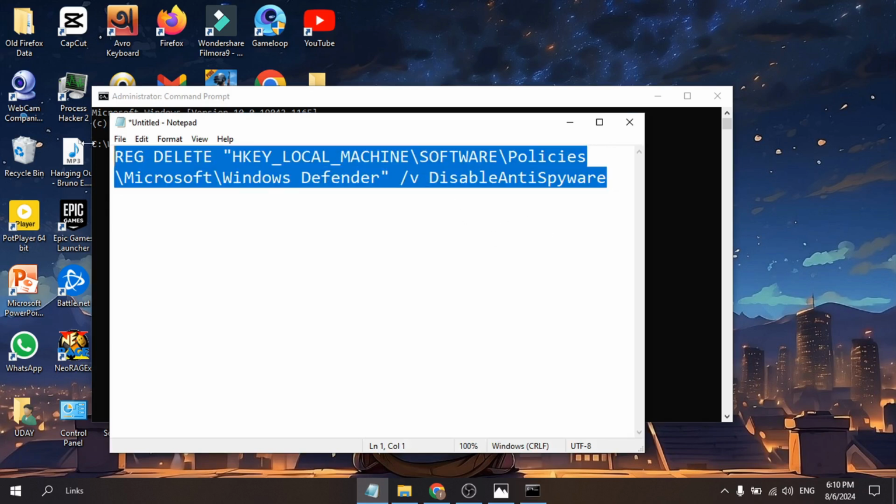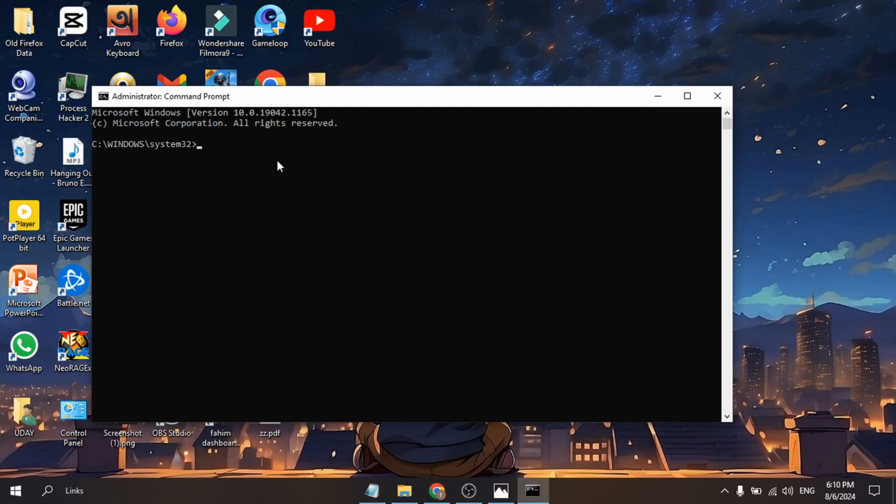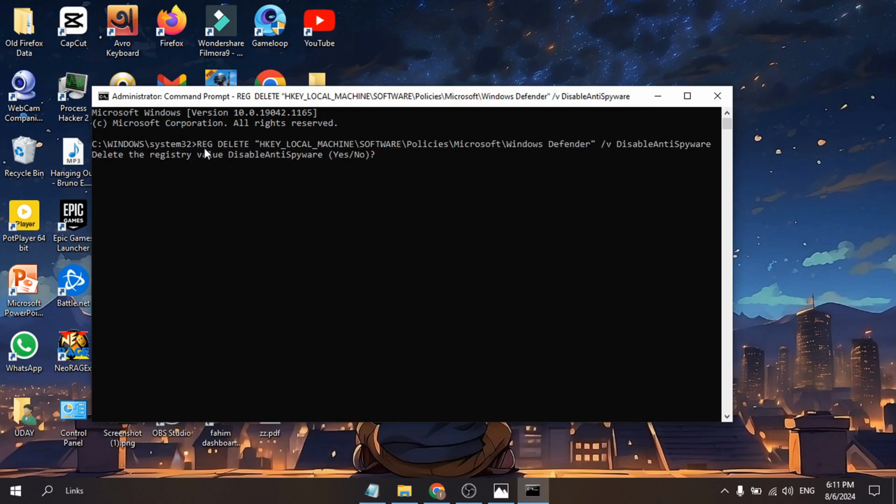So just copy it from the description and now paste it. After pasting the command here, press enter. Then you have to type yes here, then press enter. Now I'm having this error because I don't have this problem, but in your case this will